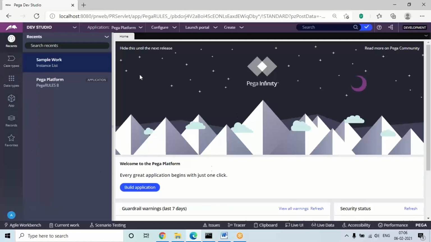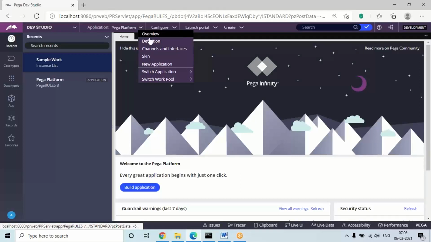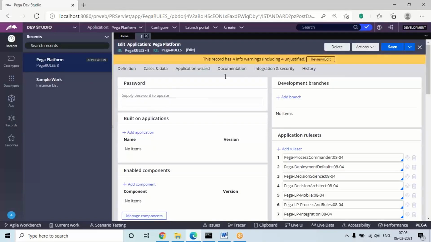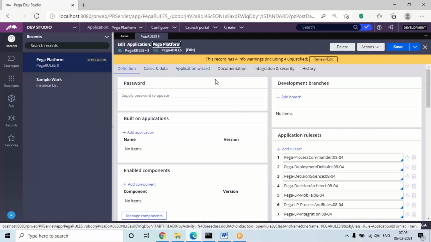And on the right side, anything you click or open in the platform will open in this work area panel. Suppose I open anything from anywhere, from the explorers or from the header, it will display in the work area panel, in the form of tabs.